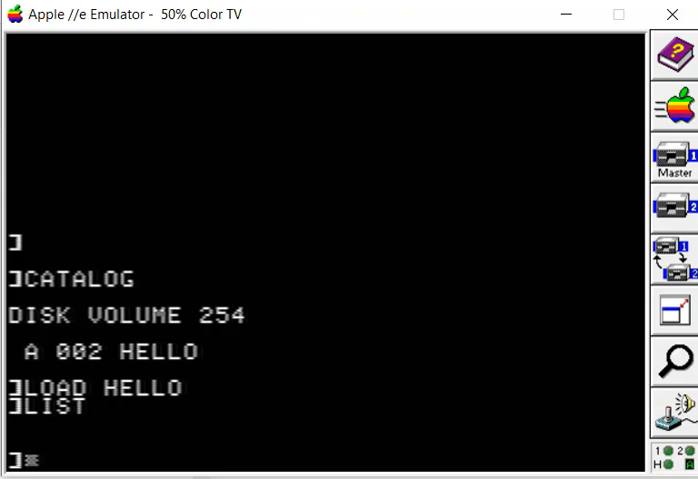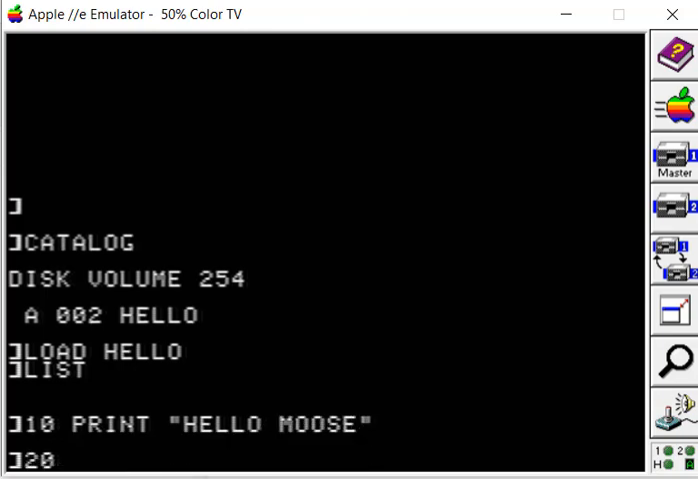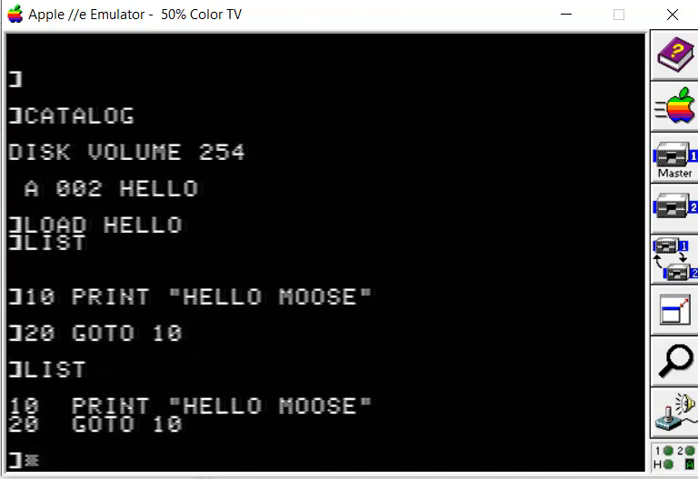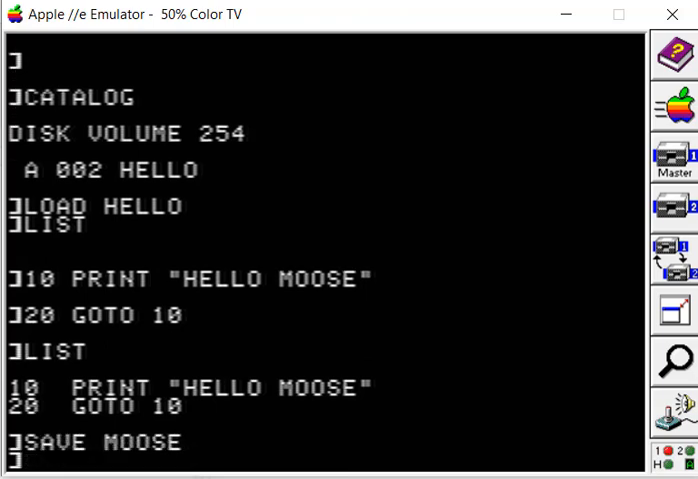Let's write some code. 10, print "Hello Moose", or whatever you want to print. 20, we'll do the standard hello world program, go to 10. Okay, so list. There's our program there. We can save it to disk, save Moose, and then we can run it